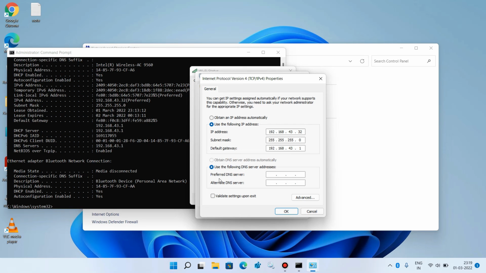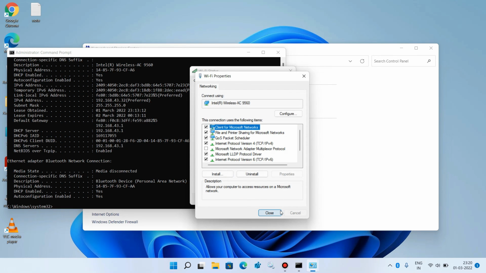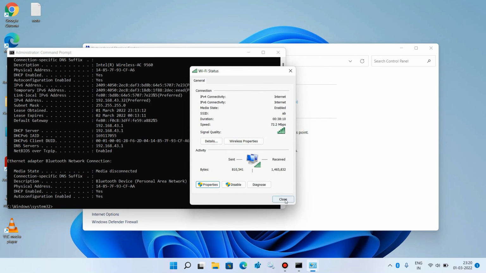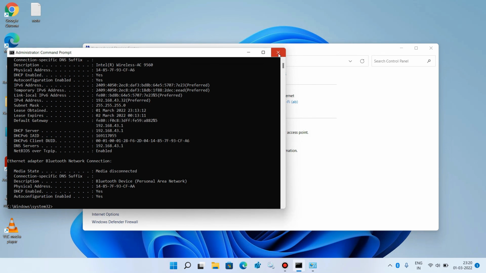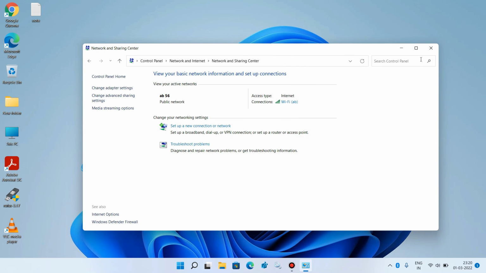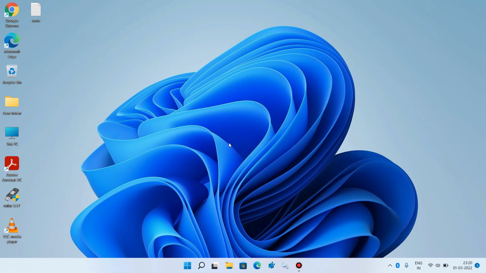And now in the preferred DNS server, just type 8.8.8.8, and in alternate DNS server just type 8.8.4.4. And now click on the OK button, click on close button, close this window, and close this window also. And now just check whether your internet is working or not.